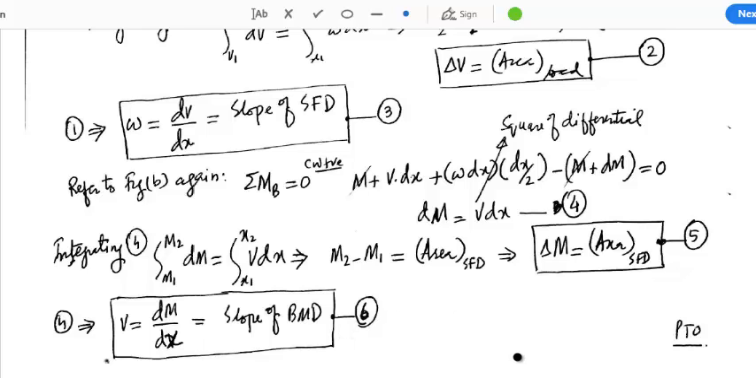So the 4 most important expressions from this discussion are: expression number 2, that the change in shear is equal to the area of the load diagram, and the slope of SFD is equal to the magnitude of load. And then equation number 5, that says the change in moment is equal to the area of the shear force diagram, and expression number 6, that says the magnitude of shear is equal to the slope of the bending moment diagram. So using these 4 relationships, we will draw shear force and bending moment diagrams,